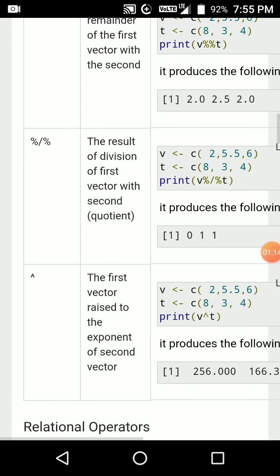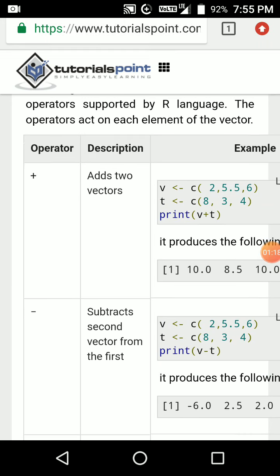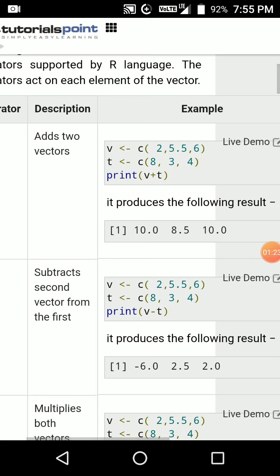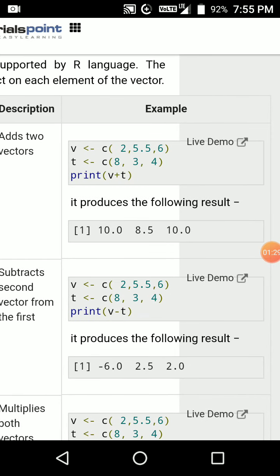Okay, within all this I will go to a single example: the plus operator for adding two vectors.